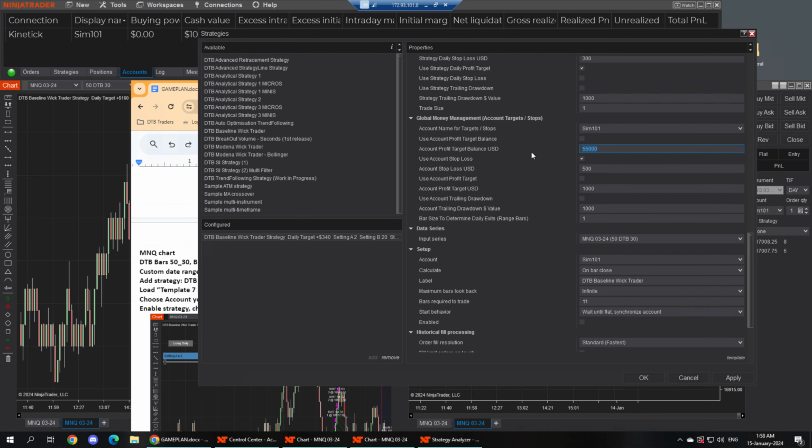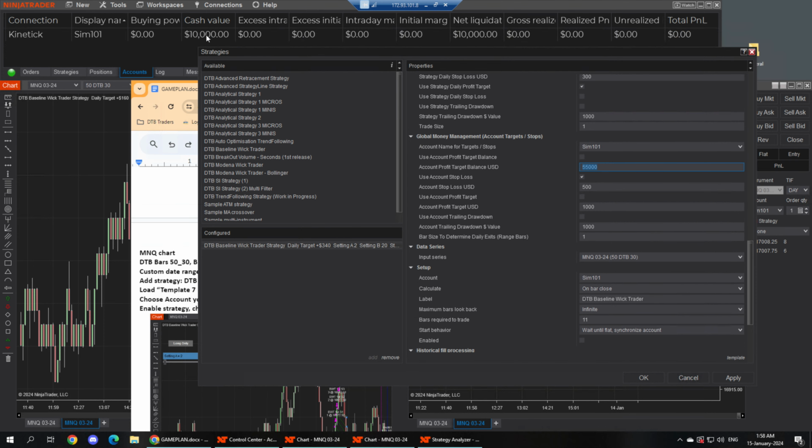So you can say, whatever, this account at the moment, if you look at it, it's $10,000 because it's a reset account. You can say you want to target 10,500, or let's say 10,300. So you want the strategies to stop trading when the account hits 10,300. So pretty cool feature, right? And you can do the same with the target. You can say, I want the strategy to stop trading if it makes $200. Now, obviously you're going to have conflicts between these, so you've got to choose which one you want to use, right? So for now, I'm just going to leave that 500 one on,